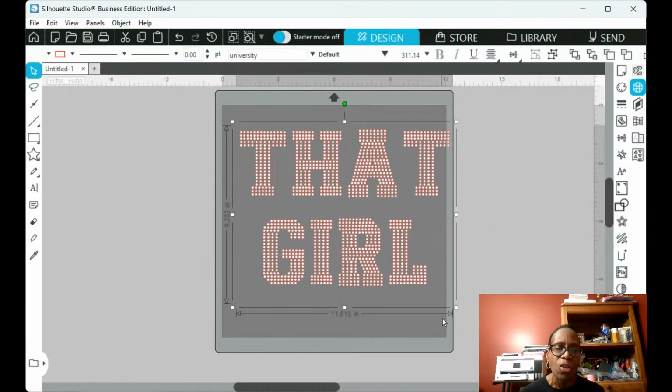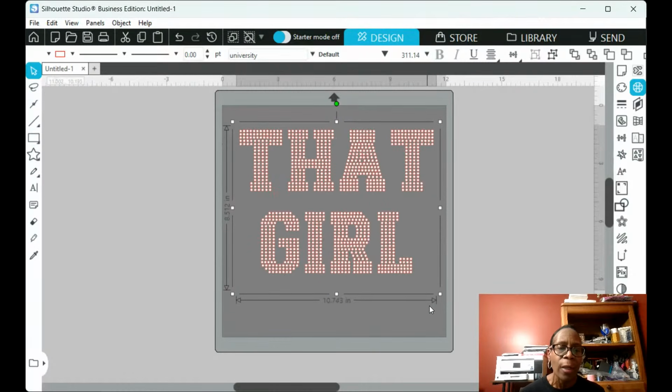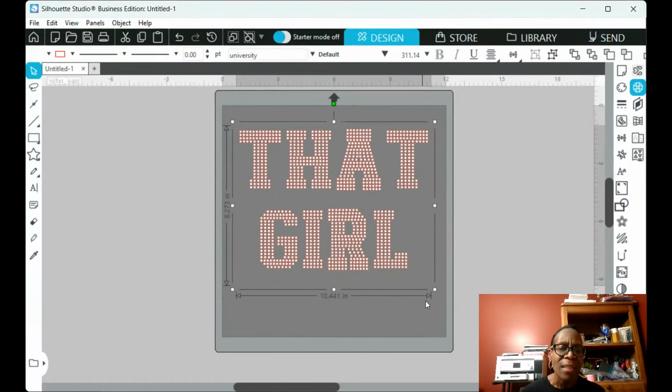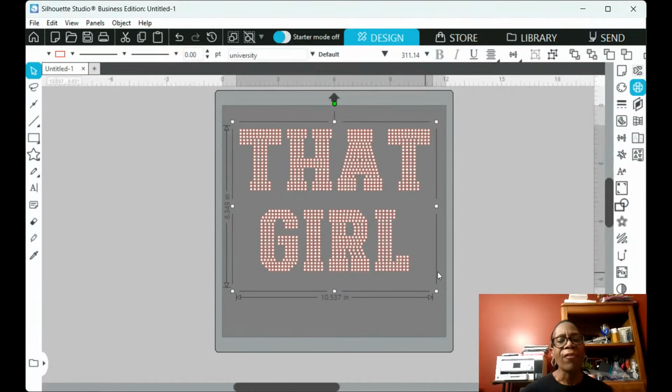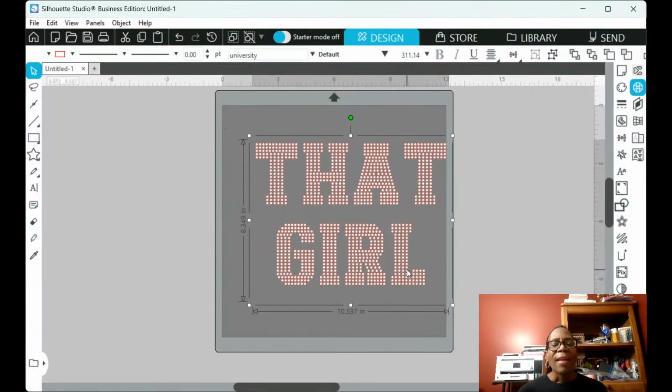I mean, the radial fill. Okay, so I'm going to go ahead and size this to about where I want it. I'm sizing it to about 10 and a half inches. Okay. But as I look at this design, this is one of the things that I want to